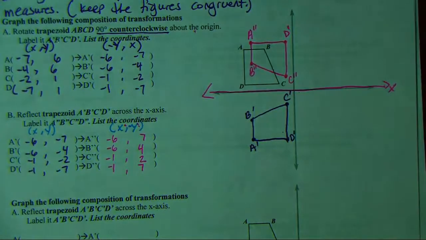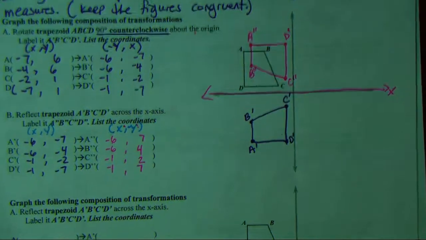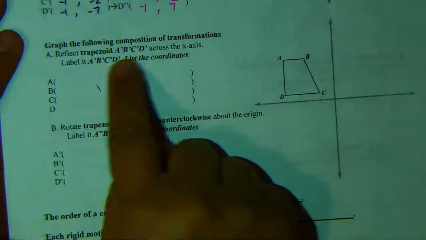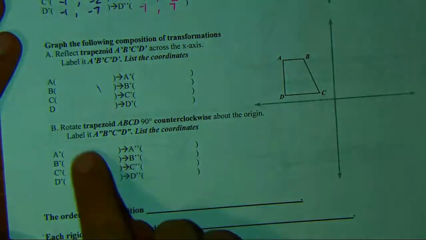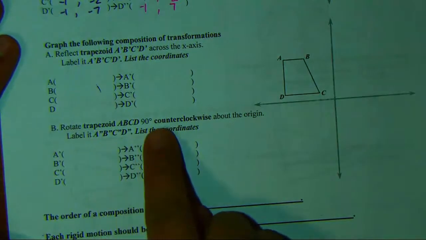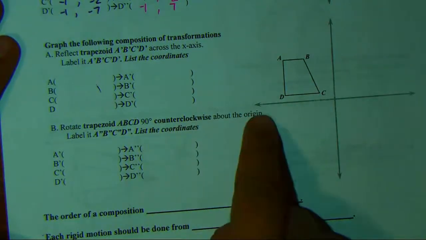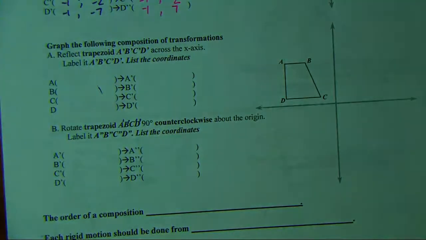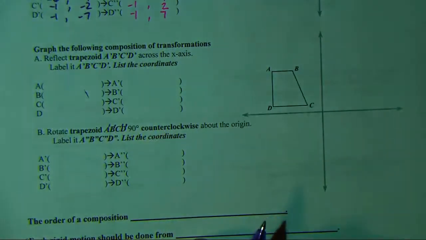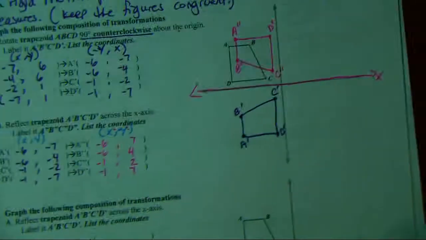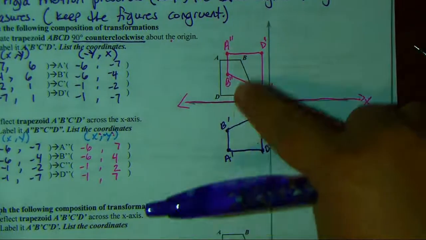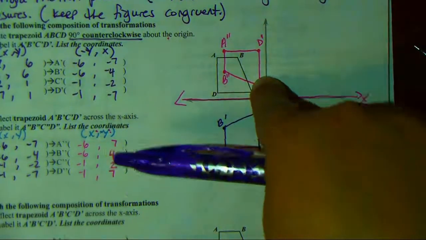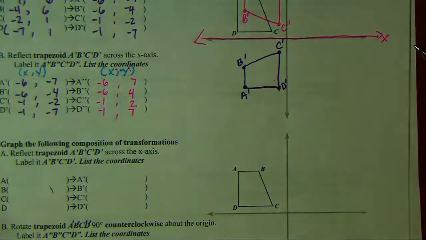The next example, we're doing the same exact transformations. So if you'll notice here, we're going to reflect the trapezoid across the x-axis, and then we're going to rotate the trapezoid 90 degrees counterclockwise. Okay, this should be primes. But notice the order has changed. The question is, will our trapezoid end up in the same ending position? If I went to store number 2 and then store number 1, would I end up in the same